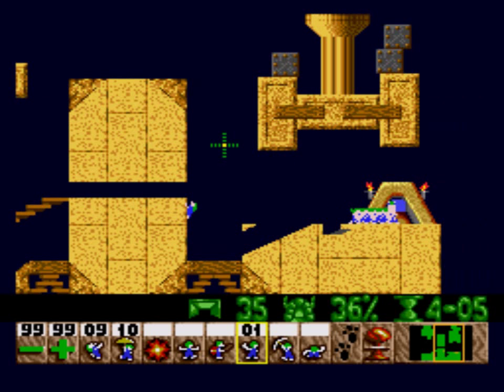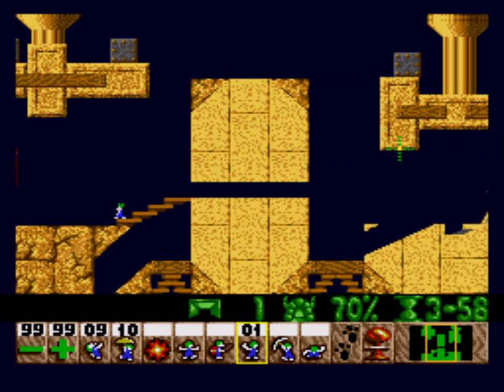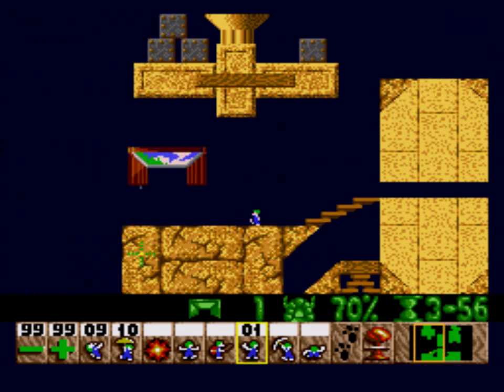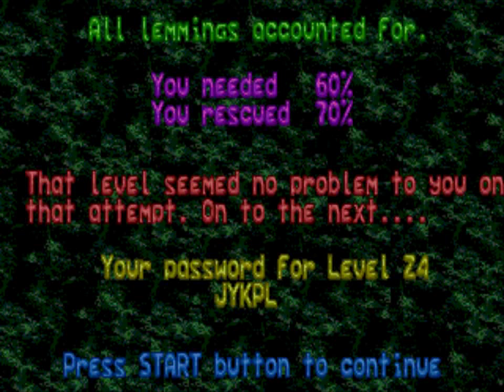This is much harder in the PC version where there are only 80 Lemmings in the level. Here there are 100, and it's much easier to get slightly over the limit. But this is where my dad gave up. He had no idea. He was trying to save as many Lemmings as possible, and the game kind of subverts that expectation there. You definitely have to kill Lemmings, and there are a few levels coming up where you have to